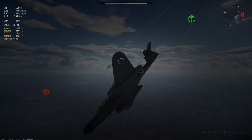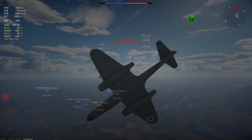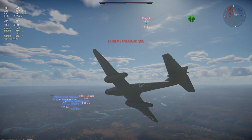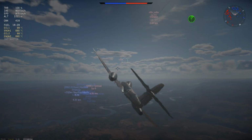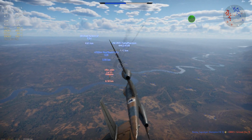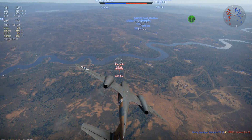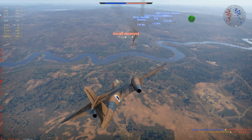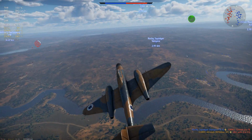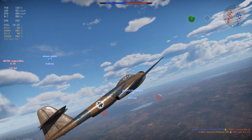My experience with the Meteor NF.13 completely exceeded my expectations. Whether you got an up tier or a down tier, this thing is a monster. It accelerates well, it has a good climb rate, its top speed is on par with most other aircraft at or slightly above 7.7, it holds its energy really well. Hell, the only thing this thing doesn't do well is roll quickly. The roll rate is pretty slow, but that's not much of a price to pay with all of the advantages